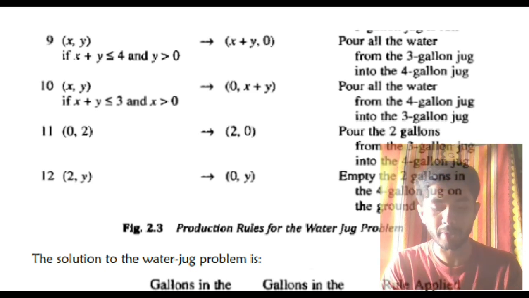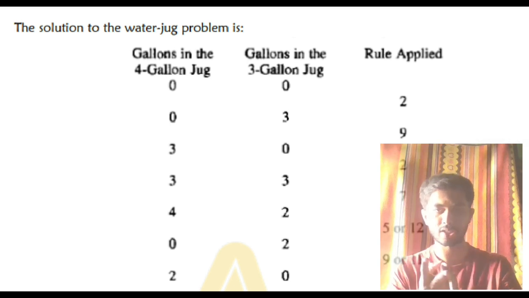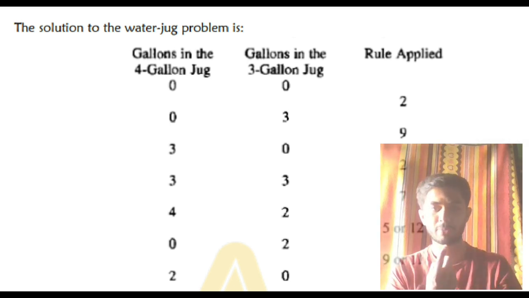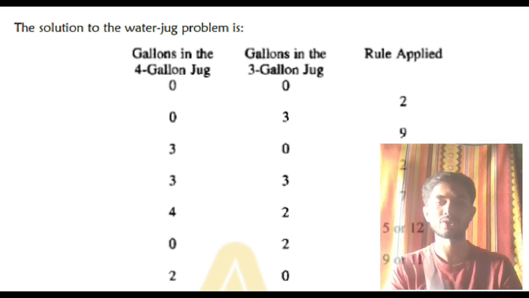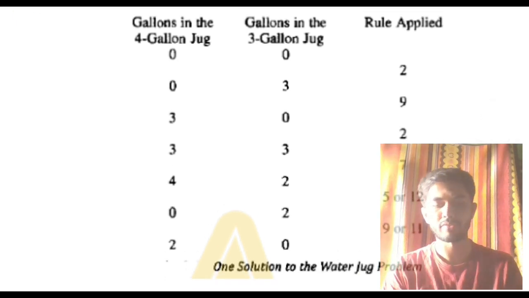Very simple format. Okay, the last one, after writing these two things, the first thing you describe is the solution and the approach, then you describe production rules. Third and the last thing is what is your solution. Very simple. You just have to apply some rules, whatever you have learned, and write the answer.